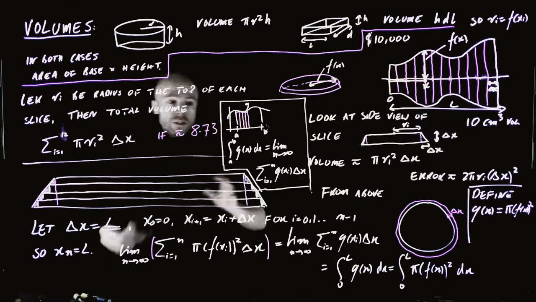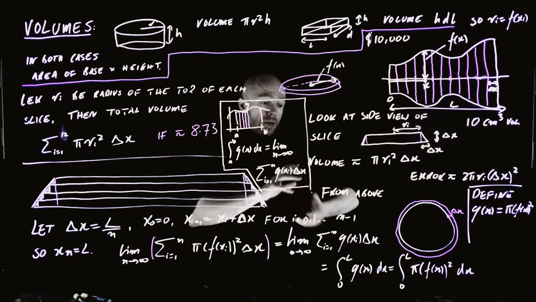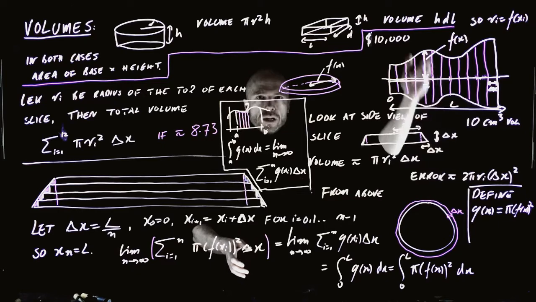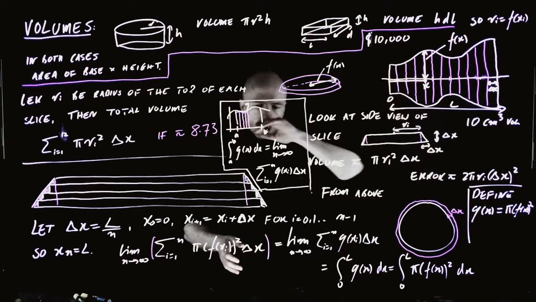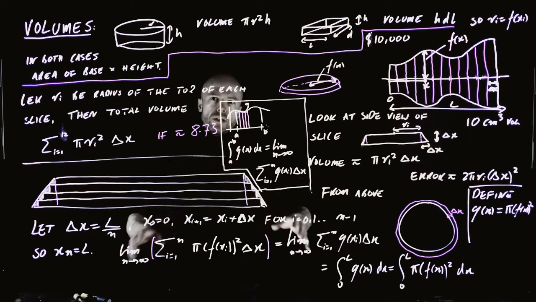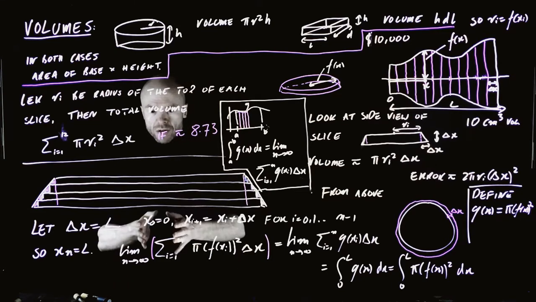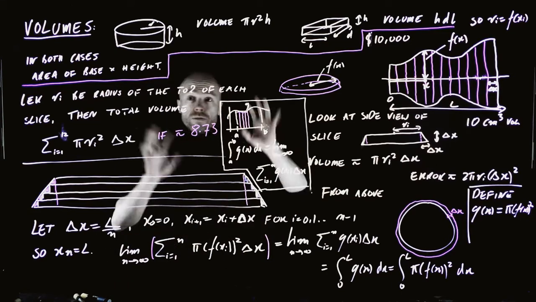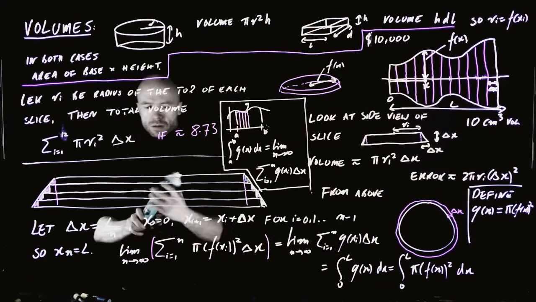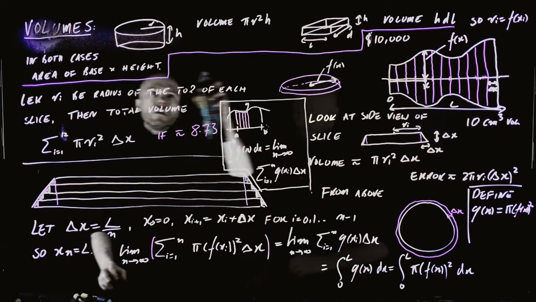But what I want to say at this point is that this is just a special case of a more general formula where we don't necessarily have a volume for which all the slices form nice, convenient circles. We can use this stuff where we have volumes that don't have such a nice profile, and that's what we're going to talk about after I raise this board. Okay, let's try and figure out how to get a more general expression for volume. So, given